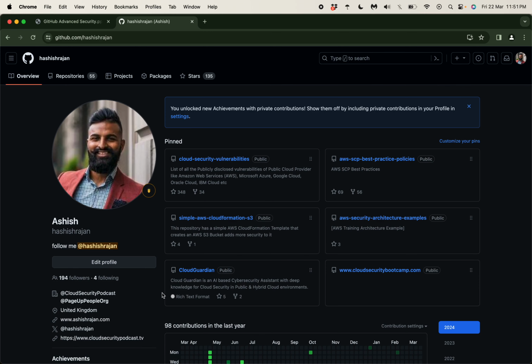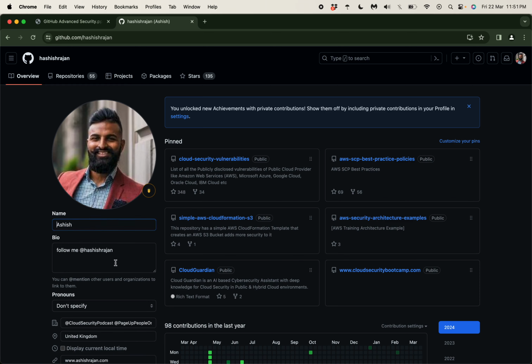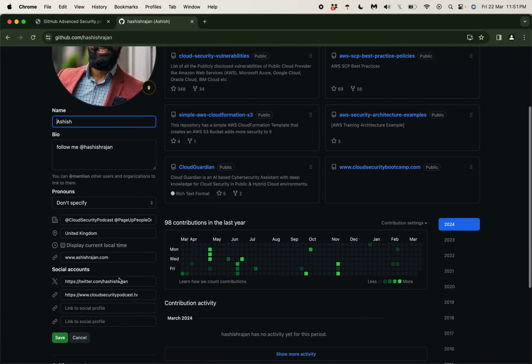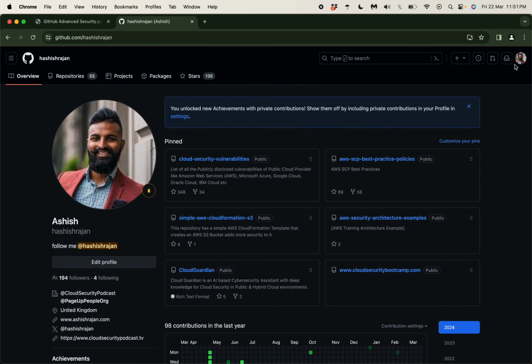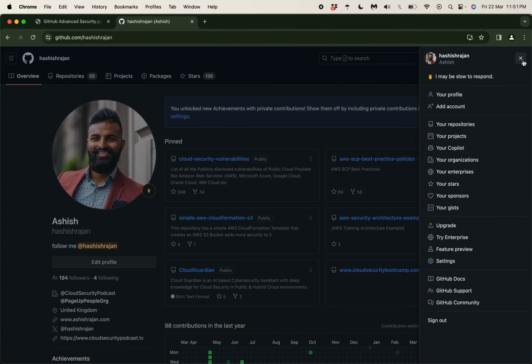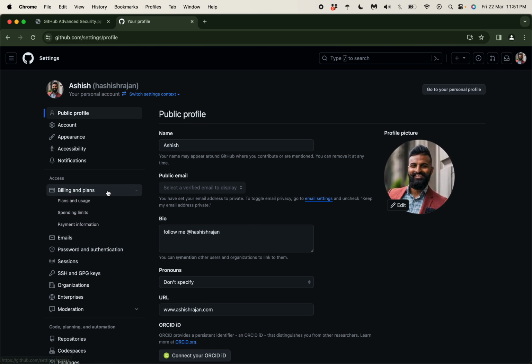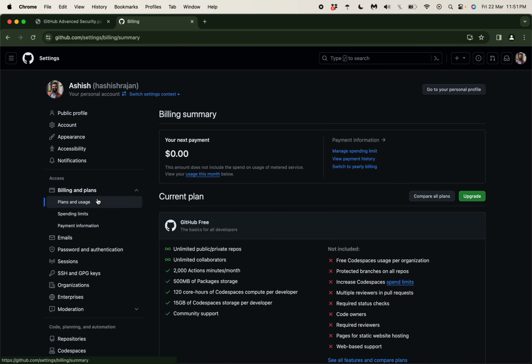So you can have a look at everything you have on your repositories, 55 projects, packages, and everything else. Now, if I do edit profile, I can edit a lot of the information provided over here, but I'm after information about what kind of packages I have. So if I go on to here, and I go to settings, and I go billing and plan and usage,